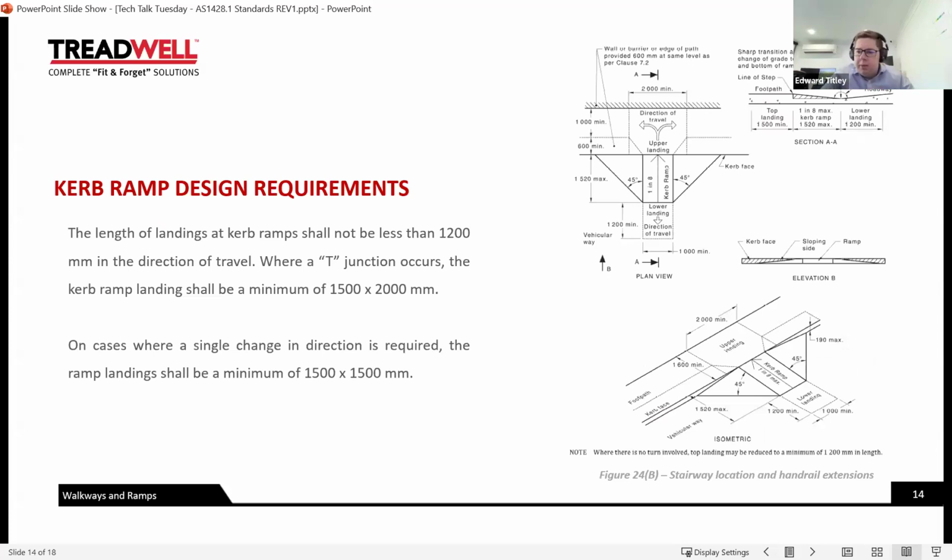Curb ramp design requirements, not something we really get involved in with what we supply, but something I'll just draw your attention to. Length of landings at curb ramp should be not less than 1200 mil in the direction of travel. However, where we've got a T-junction, the landing should be a minimum of 1500 by 2000 millimeters. Where there's a single change of direction, then the landing should be minimum 1500 by 1500. So you can see here,